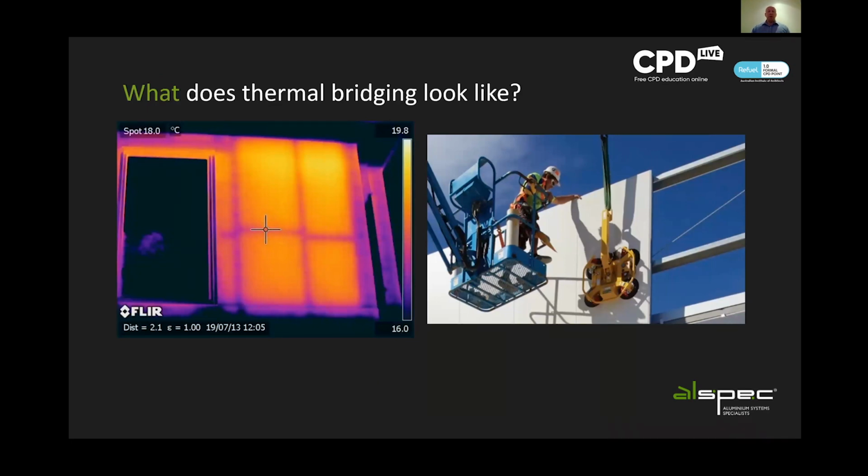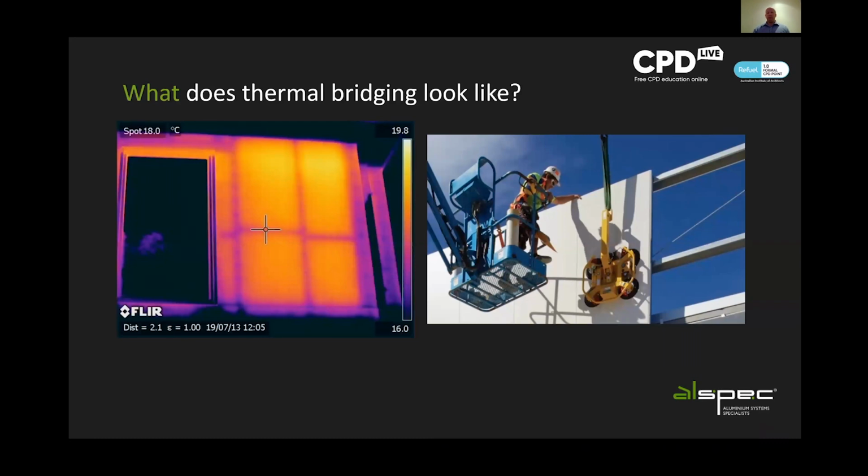So what does thermal bridging look like in a wall? On the left-hand side there, you see a sheet clad wall, timber frame, residential building, and you have fiberglass batts within the stud cavities. The insulation's doing its job. The problem you've got is that from the outside, you can see the heat escaping through the timber studs via the thermal image camera. To reduce the level of thermal bridging in a wall system, you reduce the level of